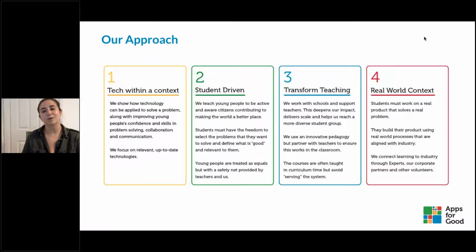And then lastly, real world context. So everything we do, as I've already mentioned, we try to replicate models that you see in industry. So we want young people to leave school and finish doing these courses and be able to put that into practice when they go into their future careers. We also want them to have the opportunity to engage and talk to industry at various points throughout our courses. So I'll go on to a bit more detail on how our courses offer that.